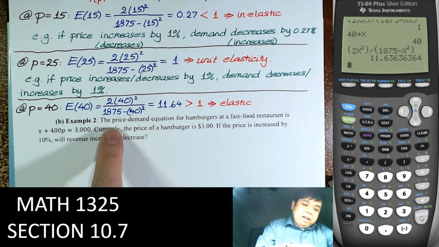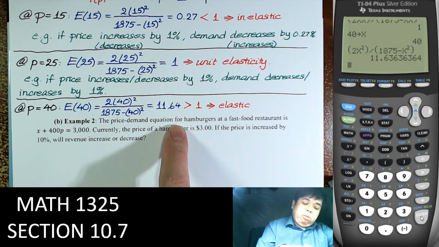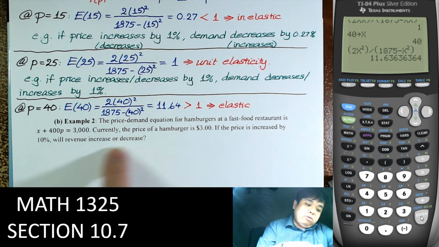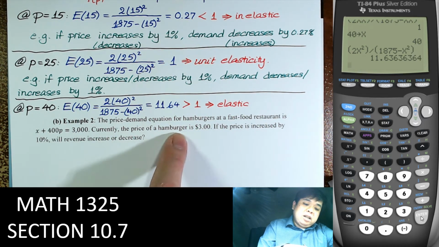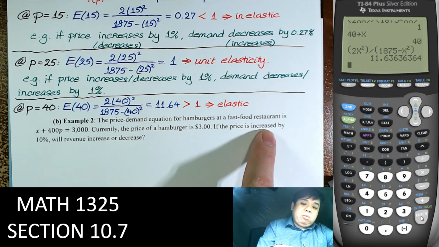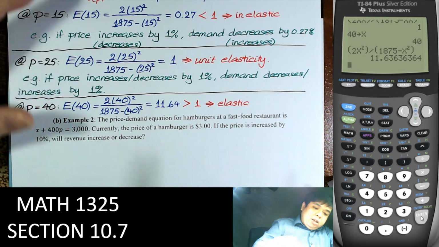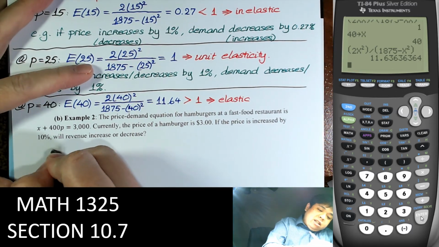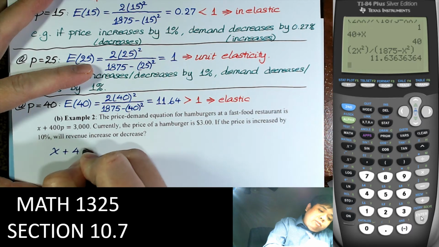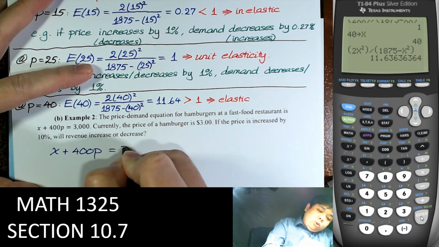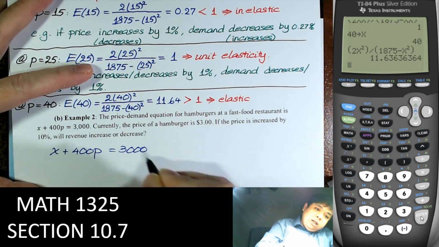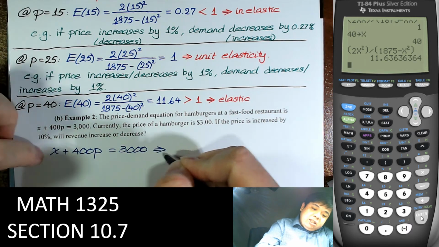Right. Next, the price-demand equation for hamburgers at a fast food restaurant: currently the price is at $3. If the price increases by 10%, will the revenue increase or decrease? So how do we do that? How do we know that? Simple. Right. So if we have x plus 400p equals 3000, so if we solve for x,